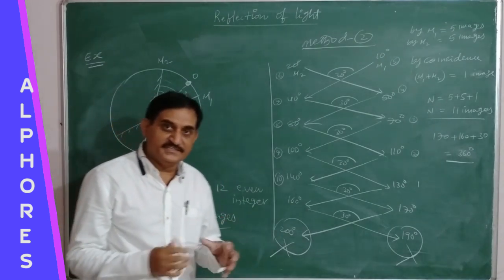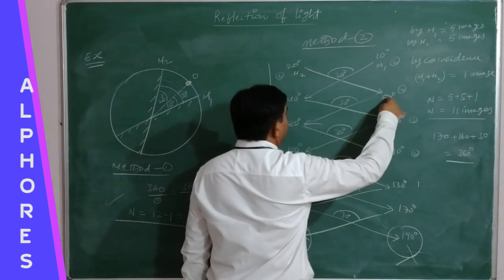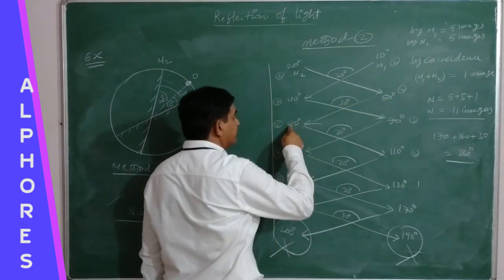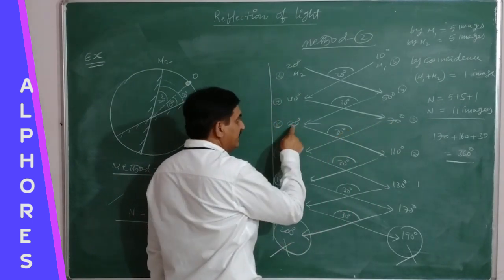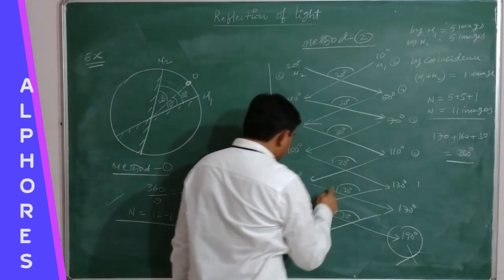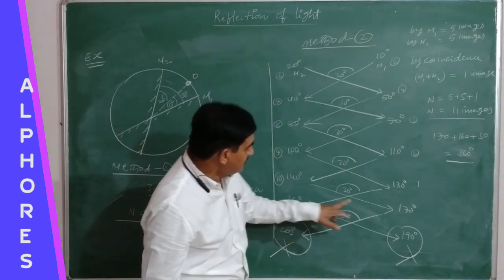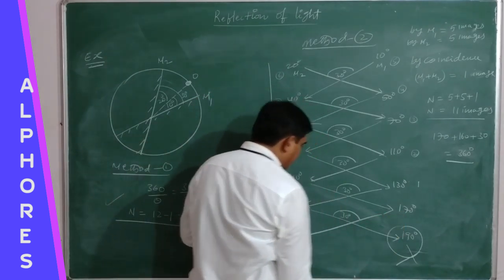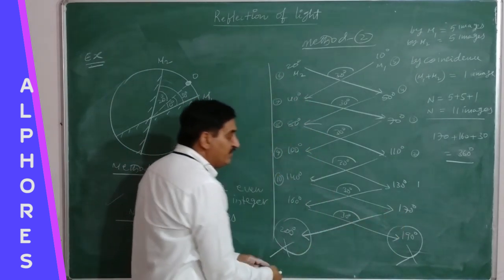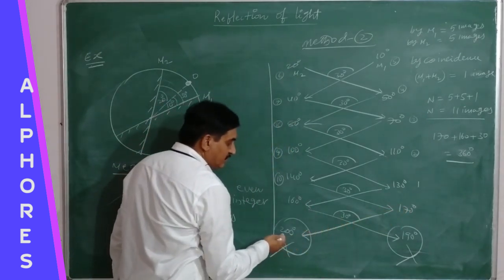Each one 180 degree angle. See here, this is 50, and after that 50 plus 30 is 80, 40 plus 30 is 70, 70 plus 30 is 100, 80 plus 30 is 110. So you go for this one, the final 160 and 170. Once you are reaching this 160 and 170, again the next trial, the final trial, is 170 plus 30, you are crossing